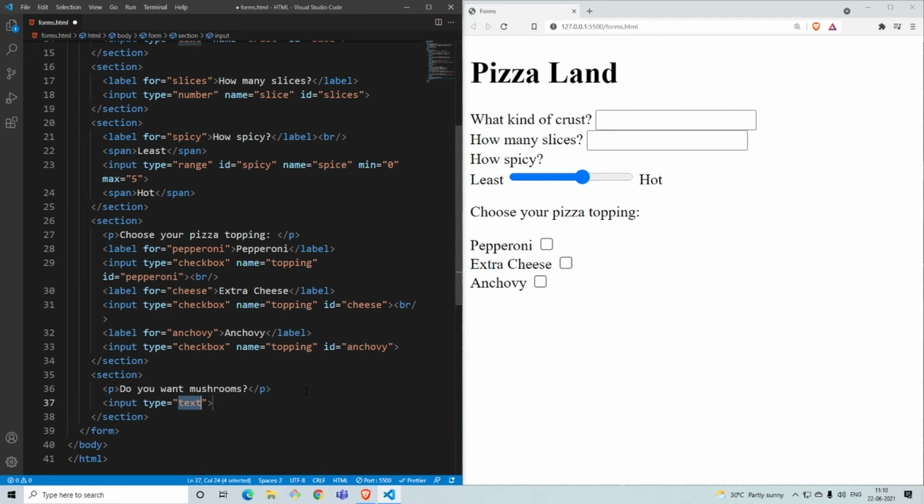And the type of that is not a checkbox, that's called a radio box. So we do that. And the name of this is mushrooms, and that's a yes or no. Now this is the yes option, so we'll say the ID to be yes and the value to be yes.